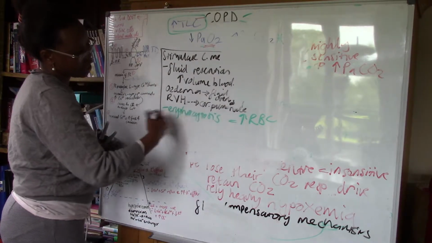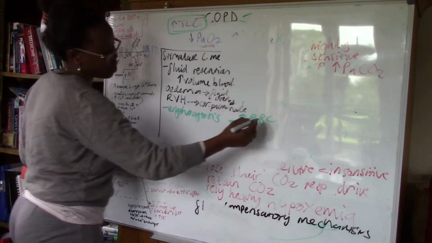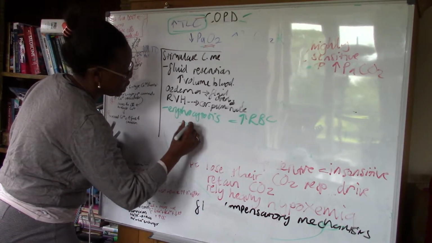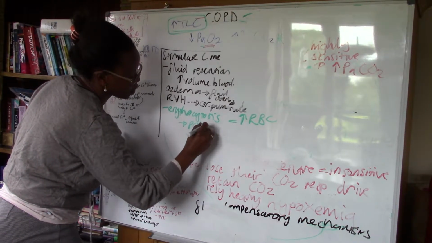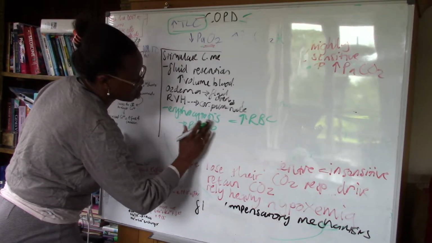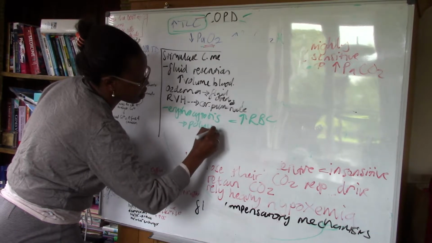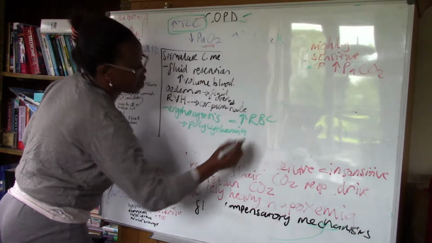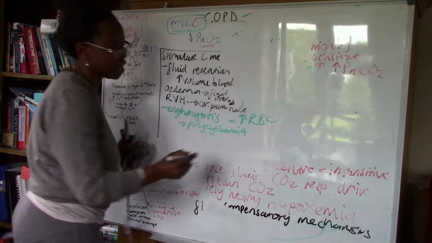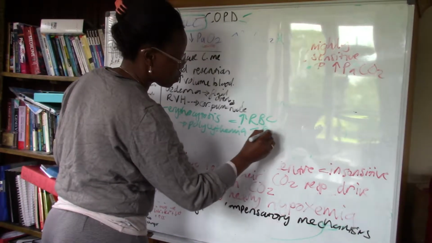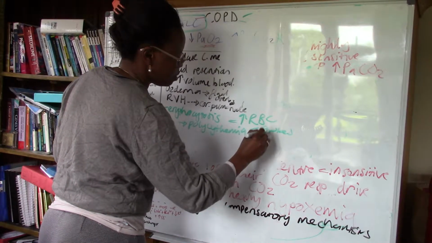And the increase in the production of red blood cells eventually leads to polycythemia. And this obviously also presents complications such as strokes,